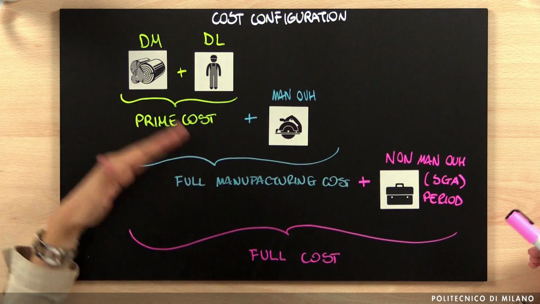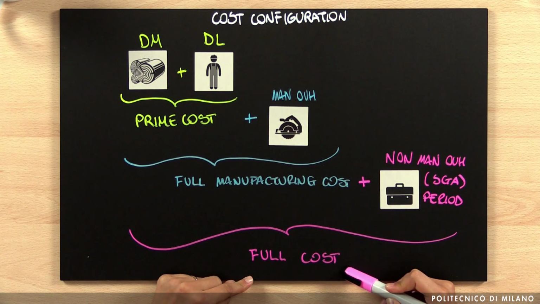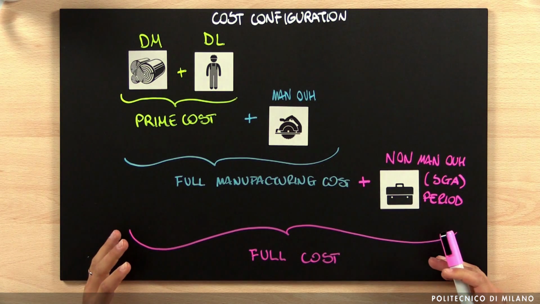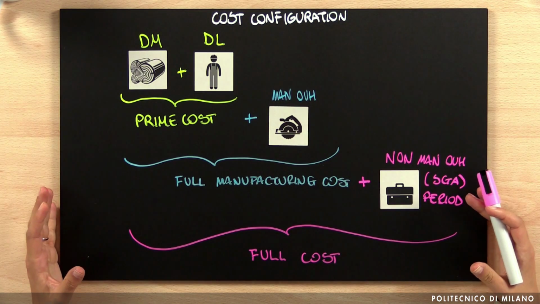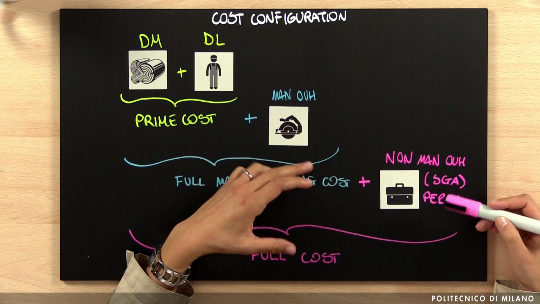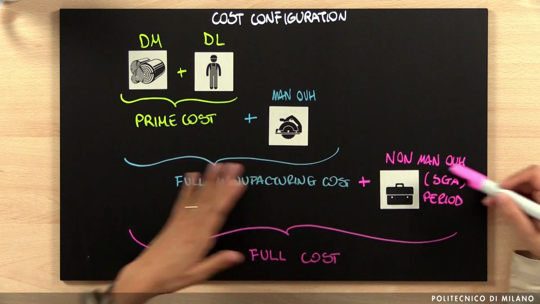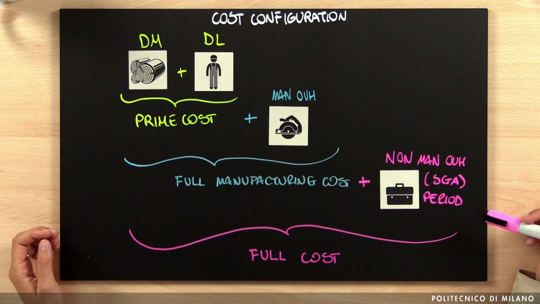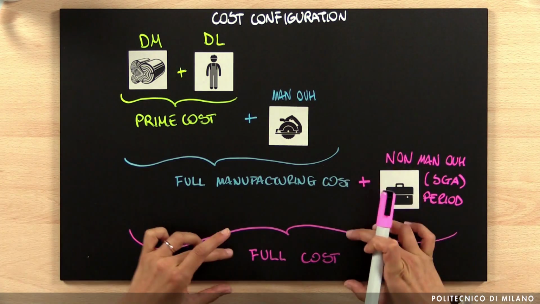The opposite instead, if we are moving to a full costing approach. If we are adopting a full cost approach, we are basically very complete because we are assigning all of the possible resources to the final product, but we are not precise because we need in some way some approaches in order to share these general expenses among several products. Pay attention, because this distinction between full manufacturing cost and full cost is also important in terms of impact on the financial statement, and we will see this with an example.